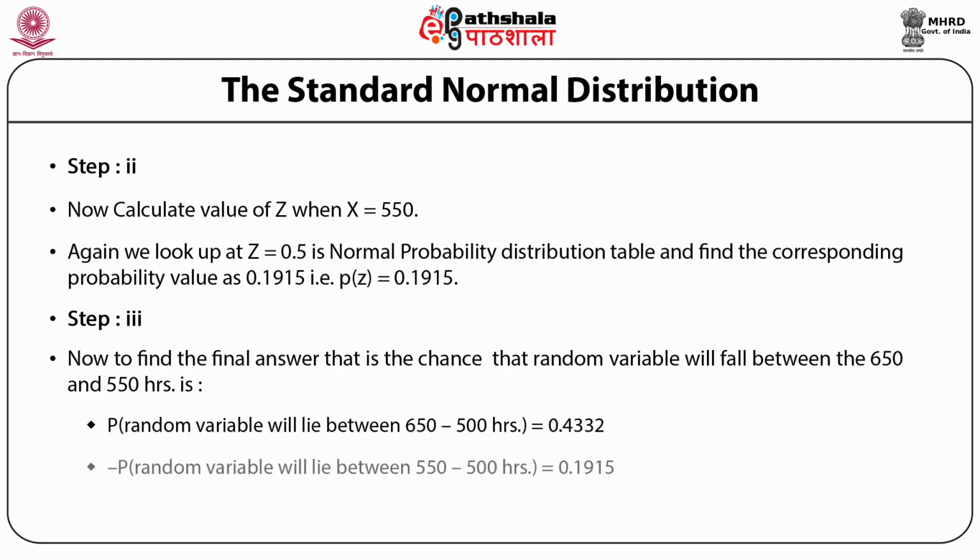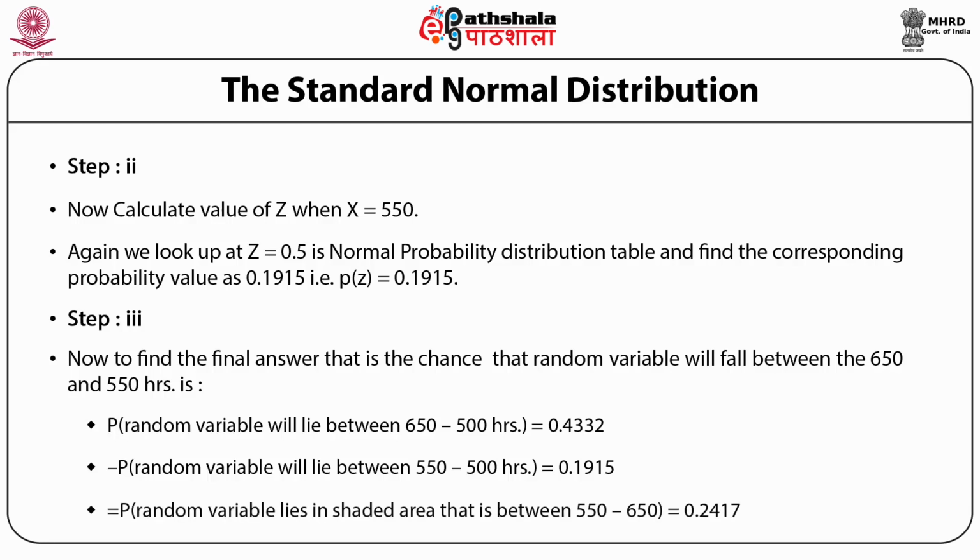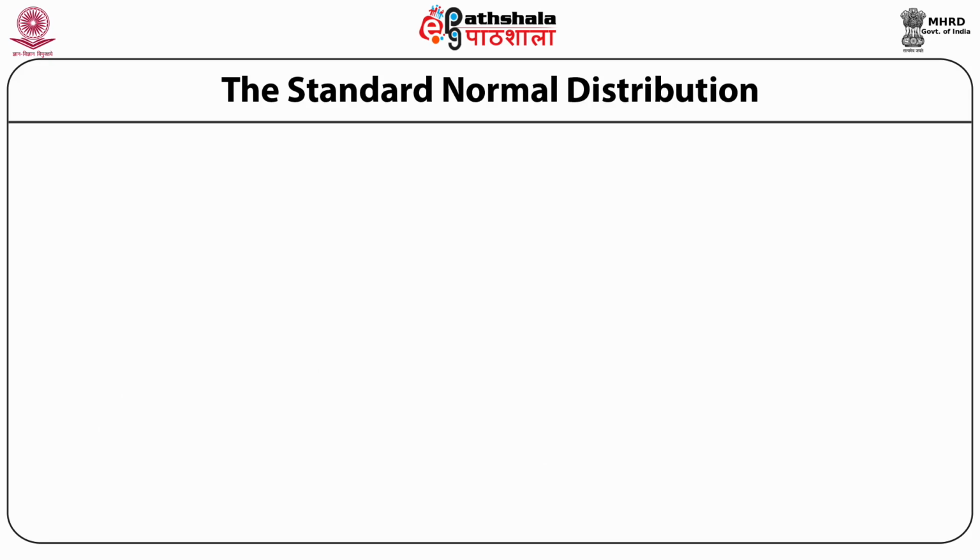It is equal to 0.4332 minus the probability that the random variable will lie between 500 and 550. So the probability that the random variable lies in the shaded area, that is between 550 and 650, is equal to 0.2417. So in this way we will solve this problem. In the next example,